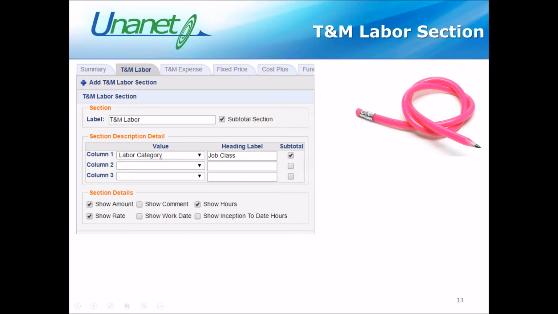Like if I want to show the labor categories on my time and material labor, but I don't want it to say labor category as a heading. I want it to say job class. I can just type job class over here. I could also leave this blank and not have a heading at all. If I wanted to subtotal by this, I just check the subtotal checkbox, and then I can say,